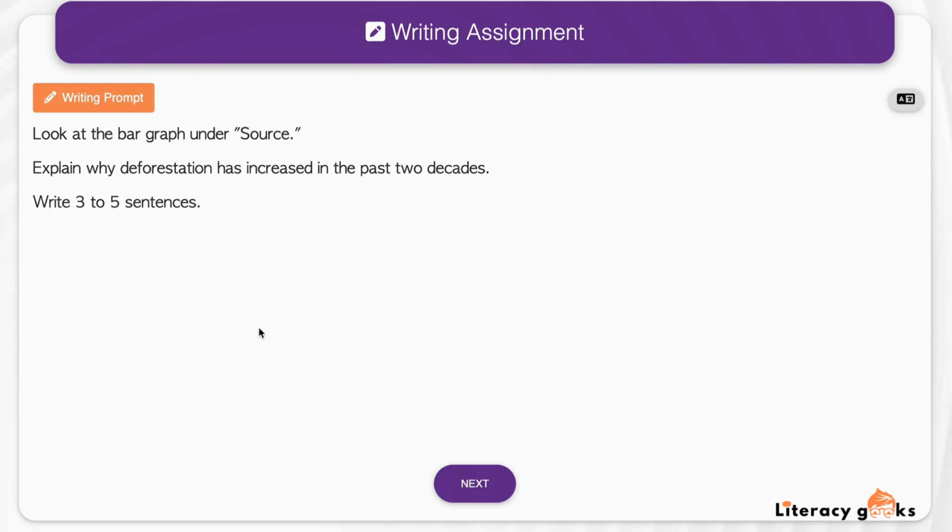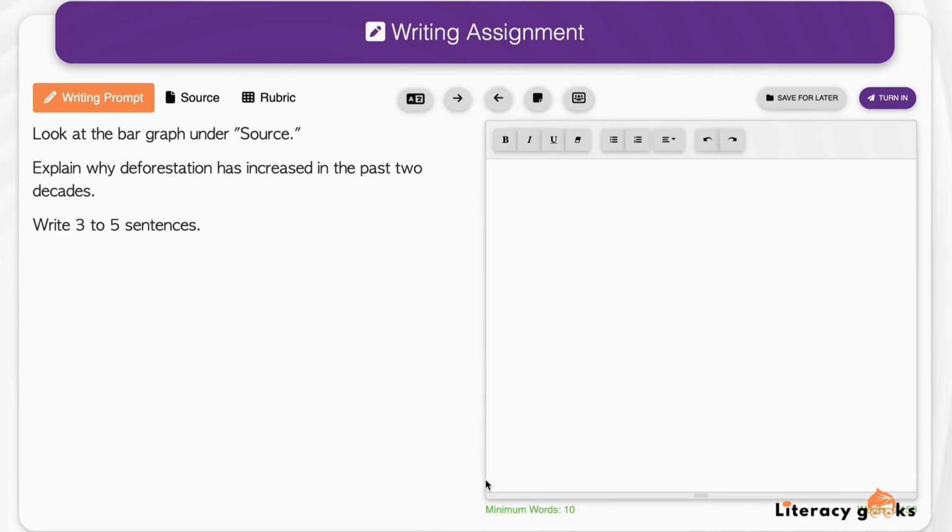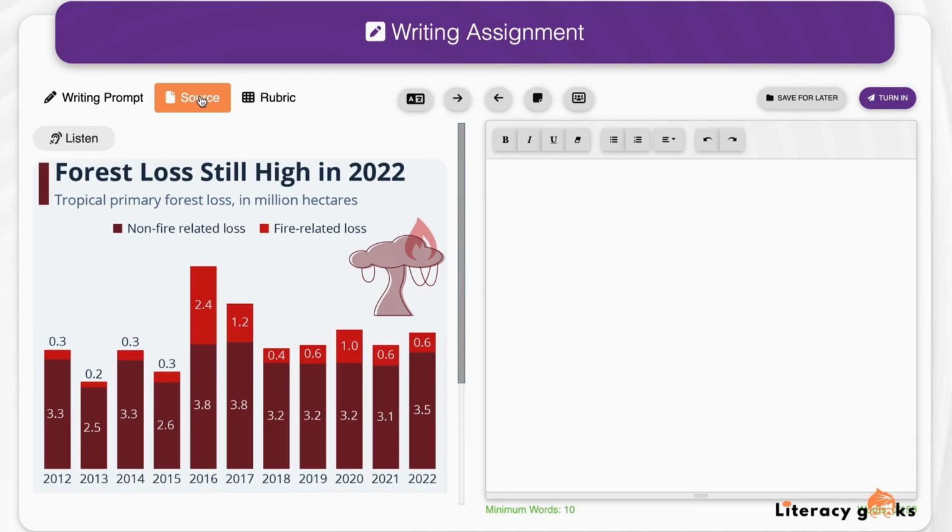You can boost student success with Literacy Geeks state-aligned assessment questions by leveraging 3 flexible teaching options. First, your students can answer questions independently, helping them practice test-taking skills and build confidence in tackling state exam questions